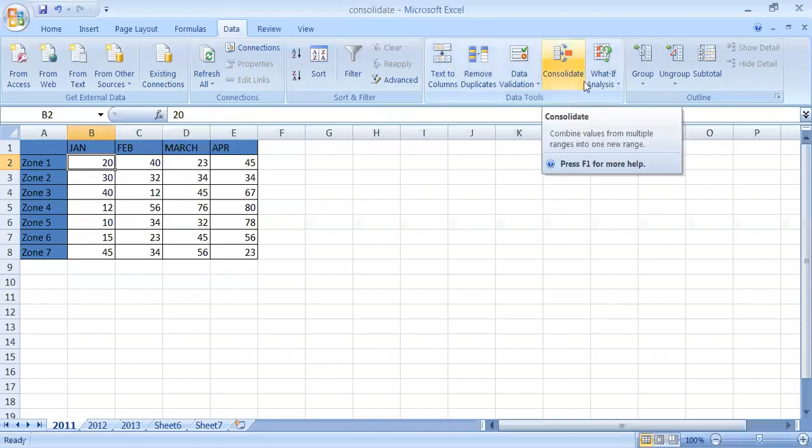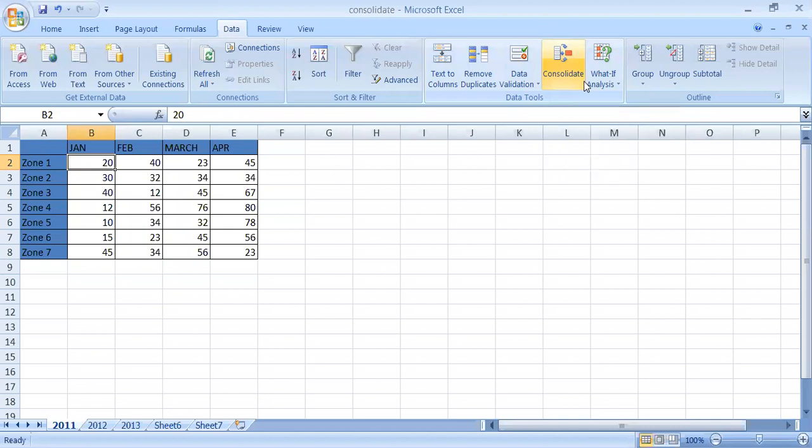Welcome students. In this video, I will show you how you can practically implement data consolidation. First of all, you should know what type of data we need to sum up when we are using the feature Data Consolidate. Just in order to show the practical implementation, I had already prepared a sheet.